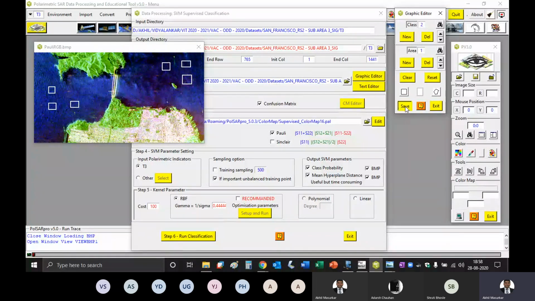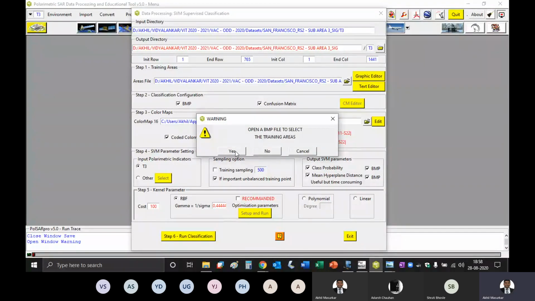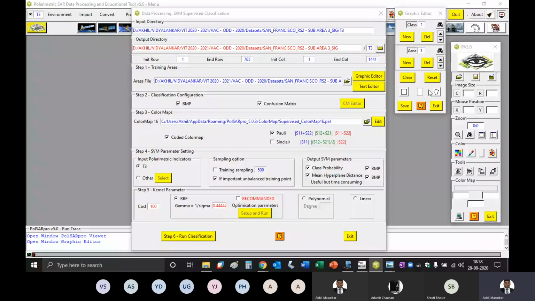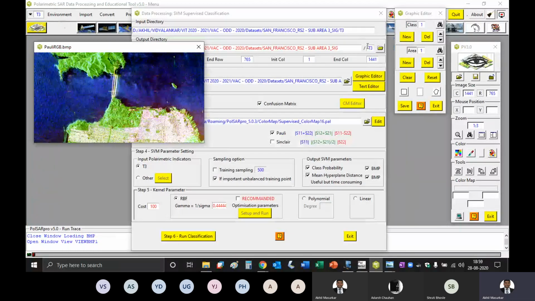I made a slight mistake. No worries. I'm going to graphic editor, opening that thing again. Okay. So I'll start with class 1 again. Don't say save in between, otherwise it will not allow you to give other classes.